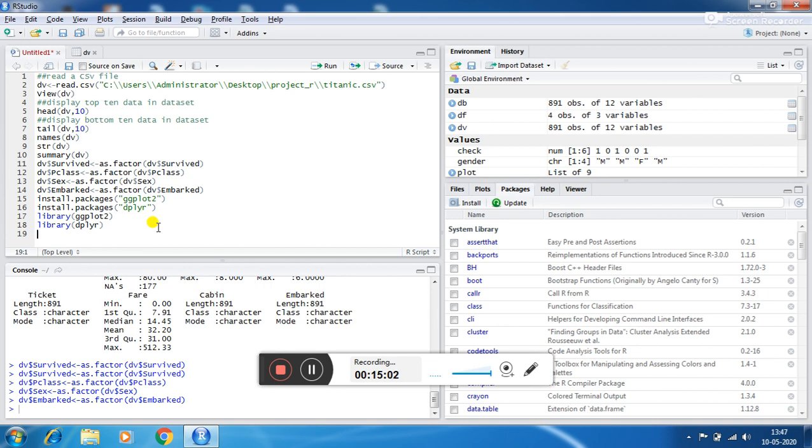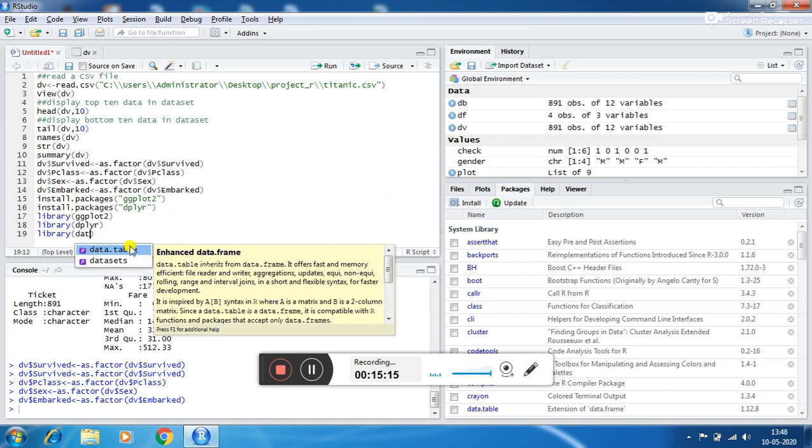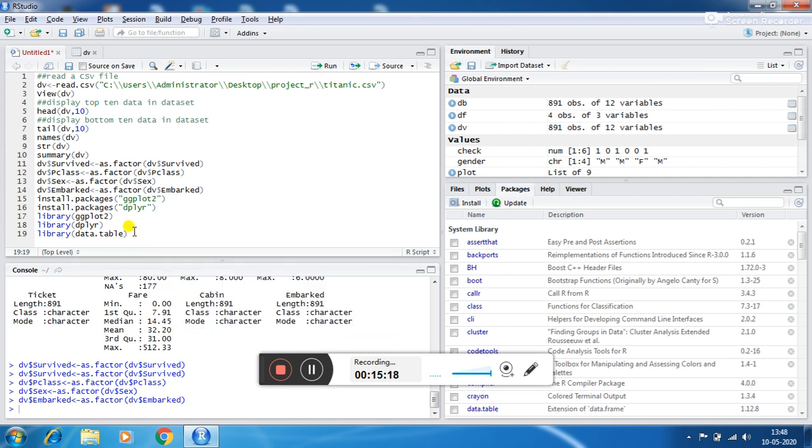One more package is data.table, a library used to form a table, and we convert it into a data frame. These three libraries are included in this project. First of all, we plot a bar graph of only those who survived on the Titanic ship, using ggplot.